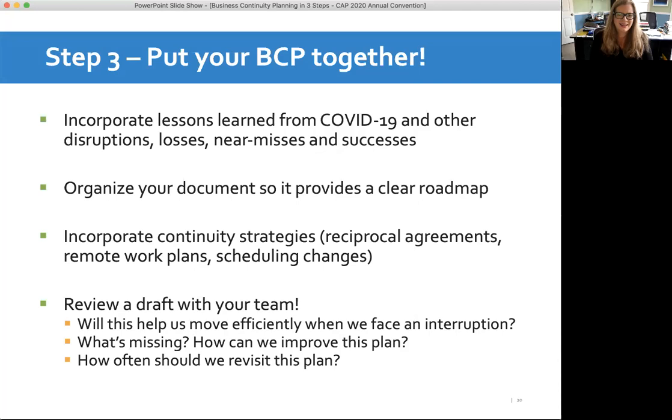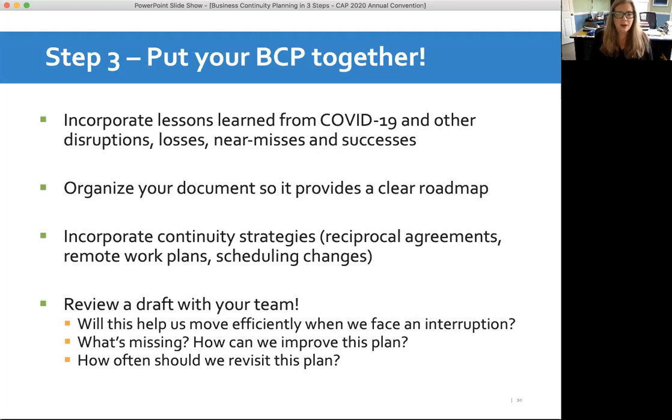And then another aspect of putting your business continuity plan together is creating a draft and presenting that to a team of people. It could be the management team, it could be representatives of all the functions and programs within your agency, putting that together. And I encourage you, in this discussion, as you share this draft plan, to